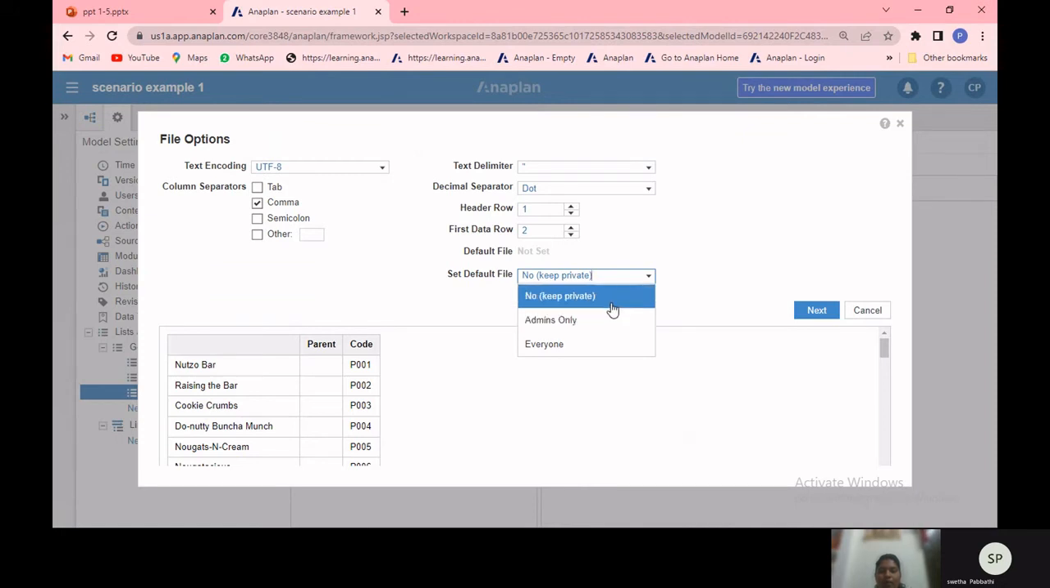We have the keep private. Keep private means it does not show the data for anyone, and the data will be deleted after 48 hours. If selecting the default file as admins only, the data is shown after 48 hours also, and the data is shown for the admins and for the users, and by clicking on everyone, you will have that data after 48 hours also, and the data is shown for everyone in the